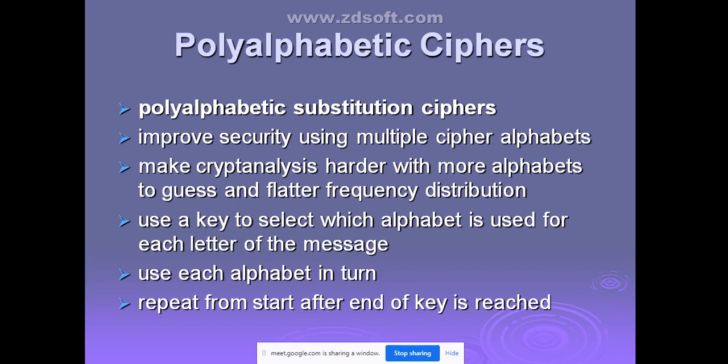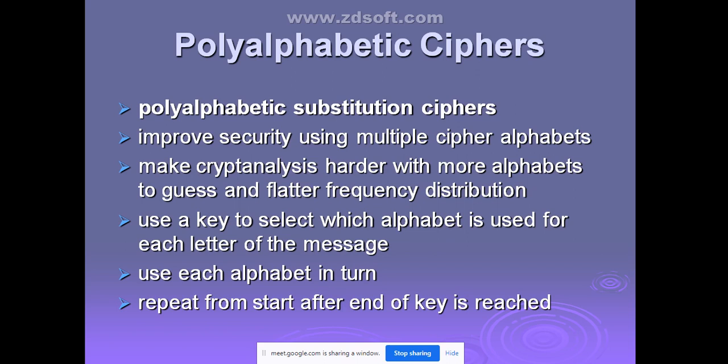Is that clear? Getting the thing? It is just to improve the simple monoalphabetic technique we have used. So here it is going to use different types of monoalphabetic substitution throughout the plain text message. So the general name you can call it is polyalphabetic cipher or polyalphabetic substitution cipher.